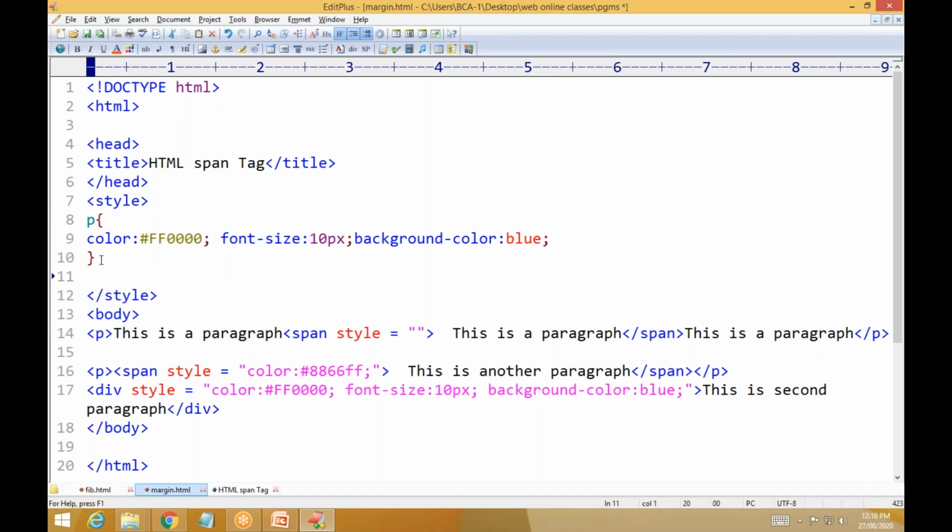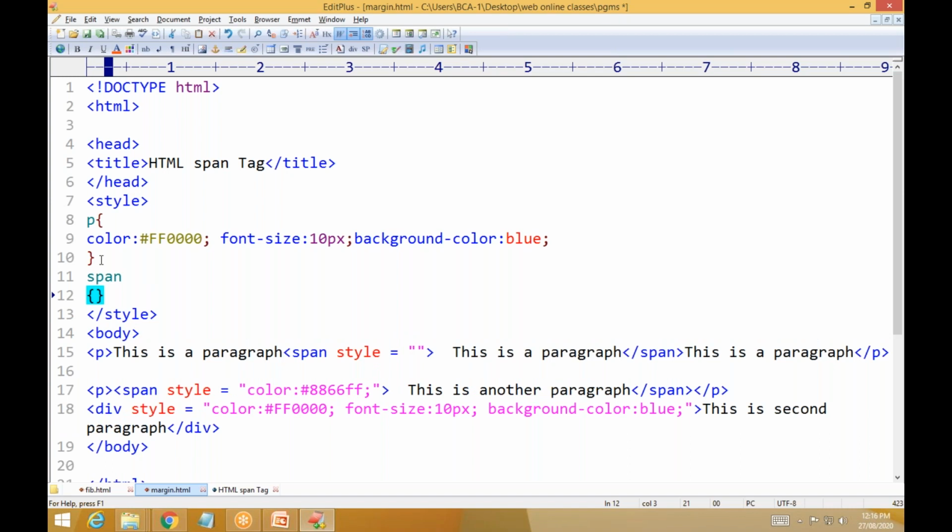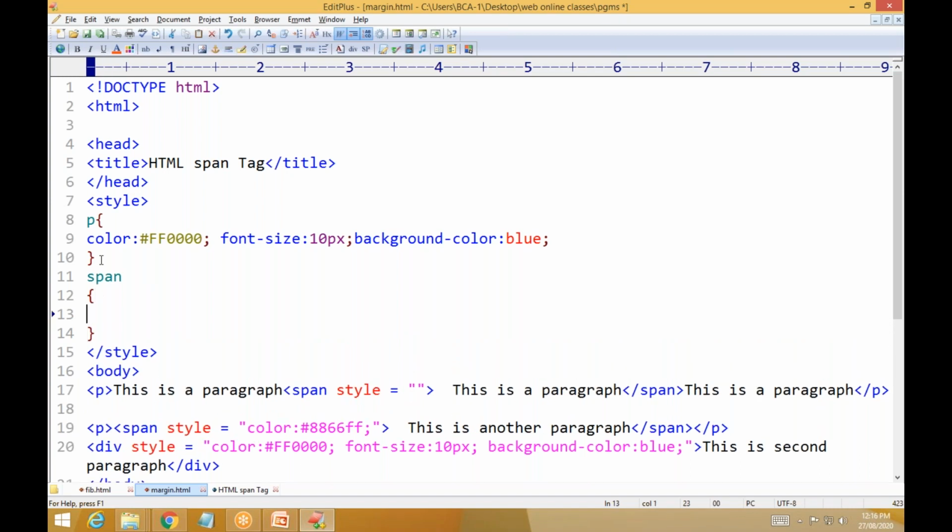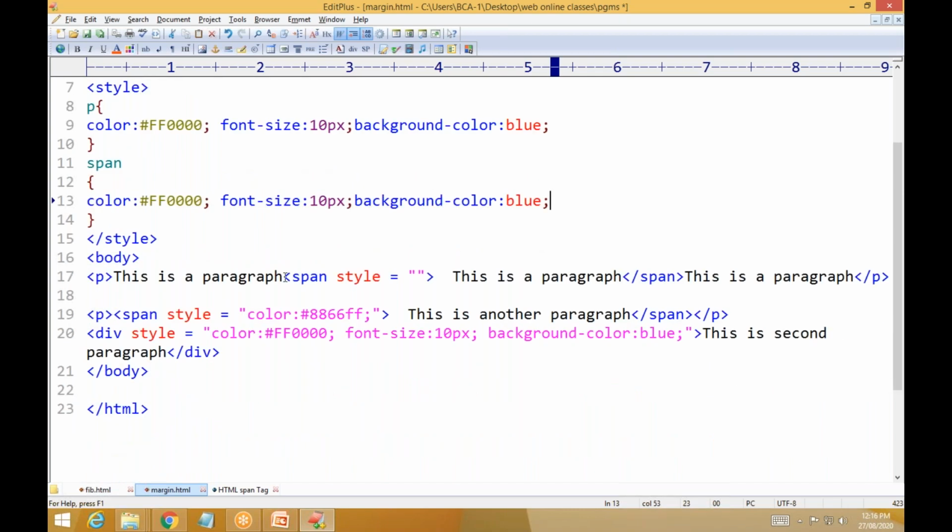Then I want to make it a span. Within that you have to give the same color. Wherever a span is there, it is automatically selected. Now I want to remove these styles here. The color is blue; just change it to 2.